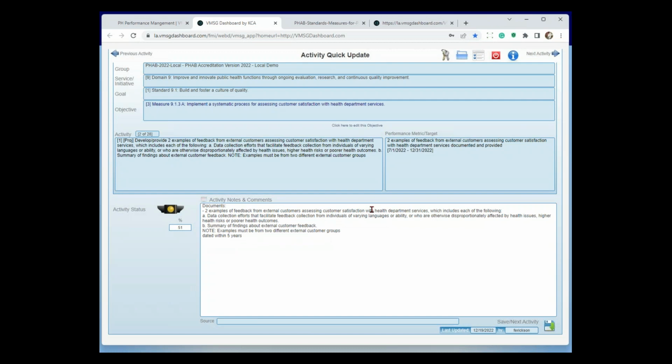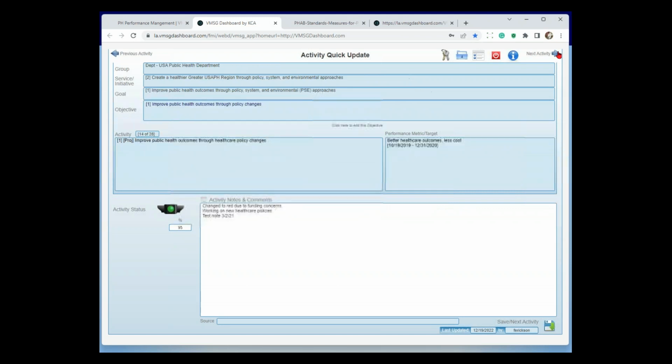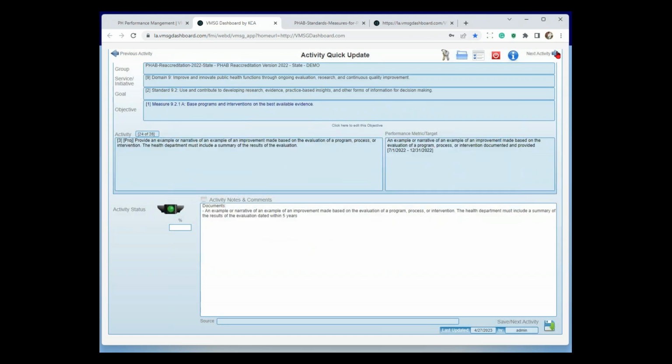So don't save that. So now I've got these activities I'm going to walk through. I'm just going to go ahead. And by the way, document management is up here too. So as you're updating the activities, in this case for the FAB accreditation plan, I can actually attach my documents using this as well. I'm going to go ahead and just cycle through all of these activities.